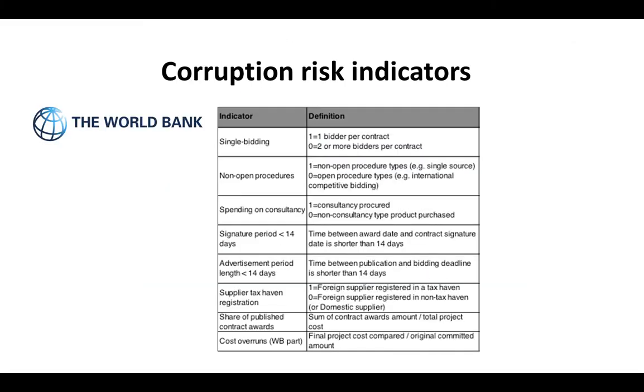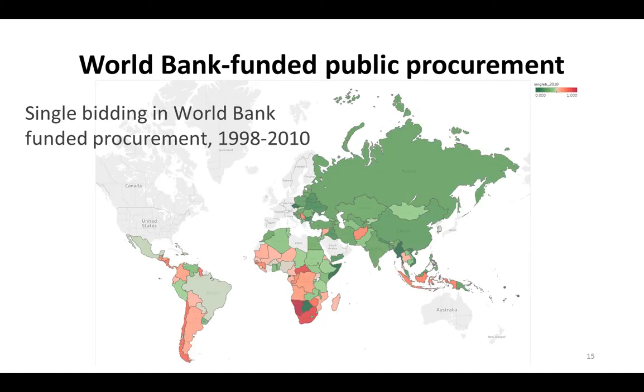For our database of World Bank contracts, we have 8 red flags that might indicate corruption risk. For example, if there is only one bidder for a contract, this might mean that companies thought the process was rigged and did not bother to bid, or that the tender was narrowly defined so only one company had a chance of winning. Our method allows us to see how the single bidding red flag is distributed around the world